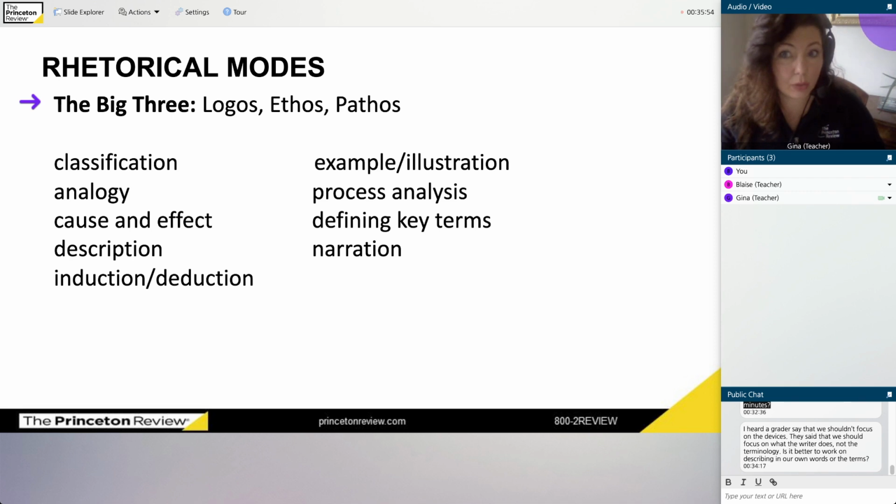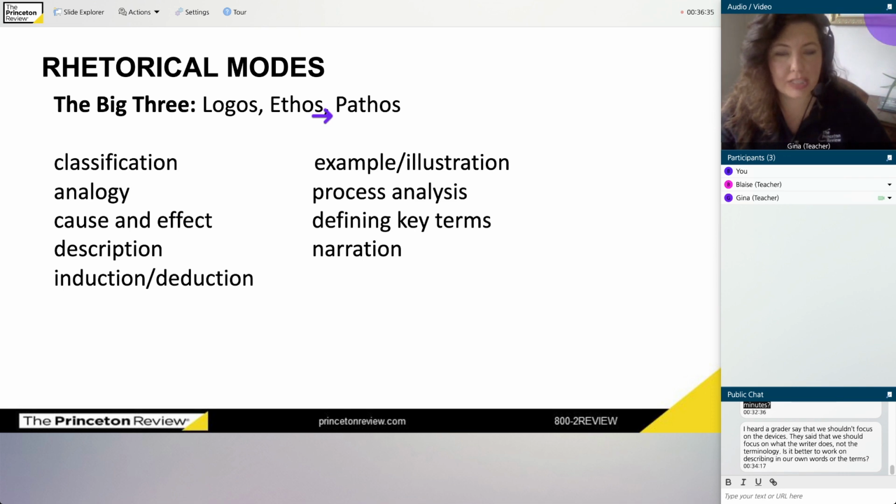So, in case you don't remember them, let's talk about them. Logos means appeal to logic. So, it means that the writer or the speaker is using perhaps facts or statistics or some kind of logical reasoning to persuade you that something is true. Ethos has to do with credibility or authority. So this could be either an appeal to the author's own credibility or authority, or it could be an appeal to someone else's credibility or authority, trying to prove something by saying, well, this is what the experts say, right? That would be ethos.